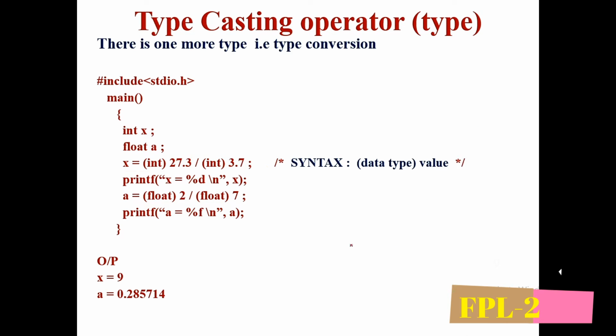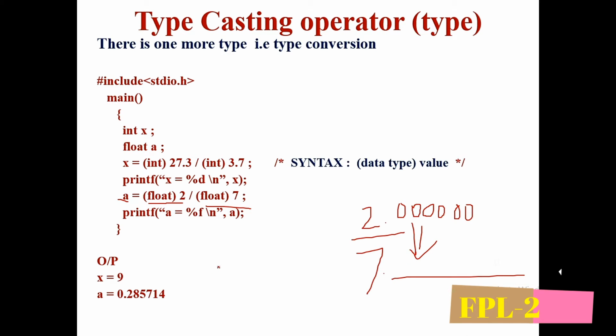The next line, we are again converting the 2 into a float value, and 7 into a float value. So instead of 2 divided by 7, we are converting into float, so it will be 2.000000 and after 7 also we will have the same zeros. We are dividing these, and whatever we have divided, we will hold that in point format, 0.285714. Now this value will be stored into A, and the type of A is float, so it doesn't matter for storing the correct value. So you will have the output as